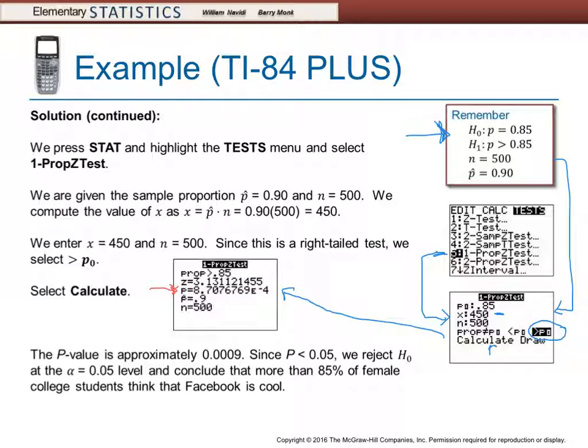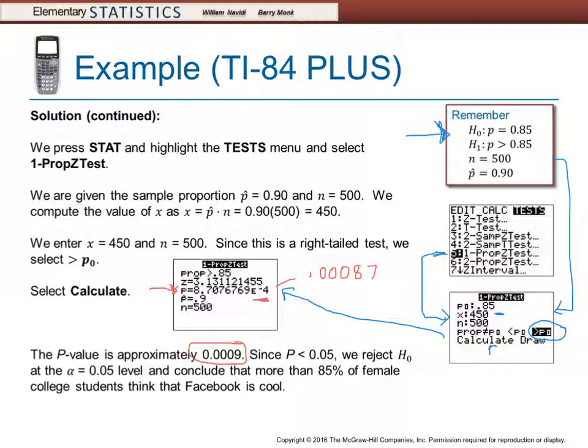It's 0.000008, right? Because that e to the negative 4 is telling you it's 10 raised to the negative 4th power, so you have to move over to the left 4 positions. Well, this is approximately 0.009,